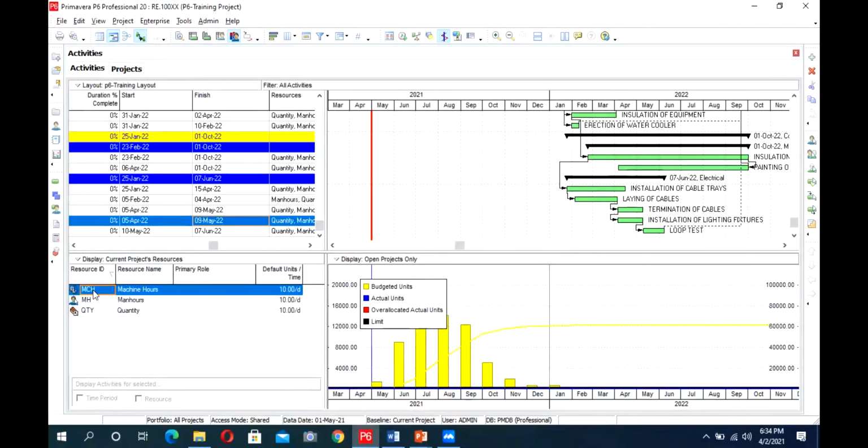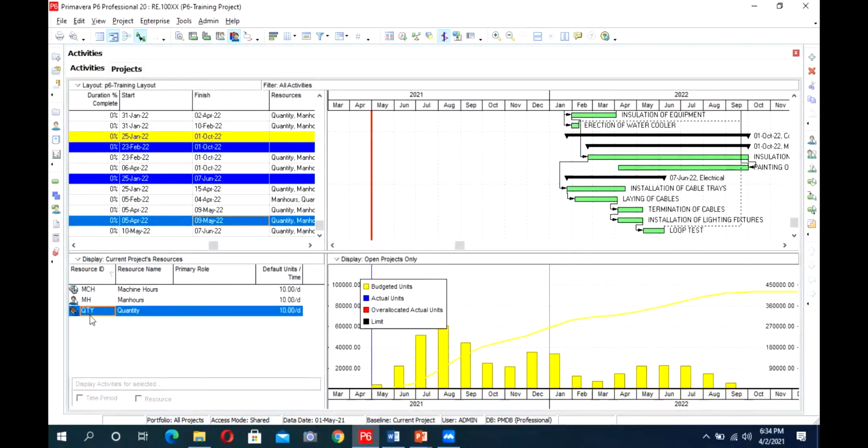This is your machine requirement every month, how many machines you need every month. This is your quantity requirement every month. So these are just general resources. We have added 3 resources. If we dig deeper into it and divide man hours further into its crafts, and instead of man hours we add the craft in it, we can know how many supervisors are required in which month.